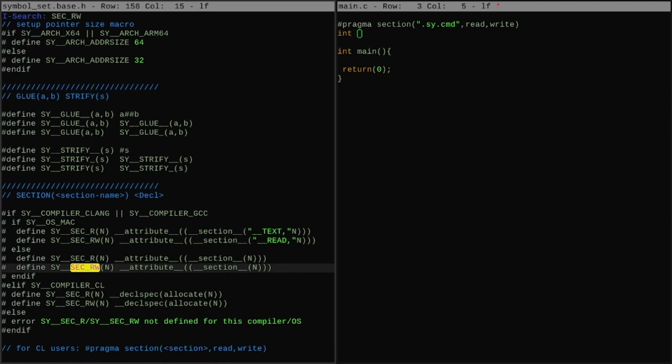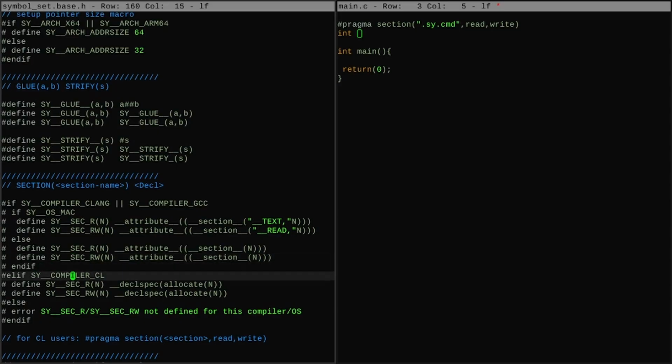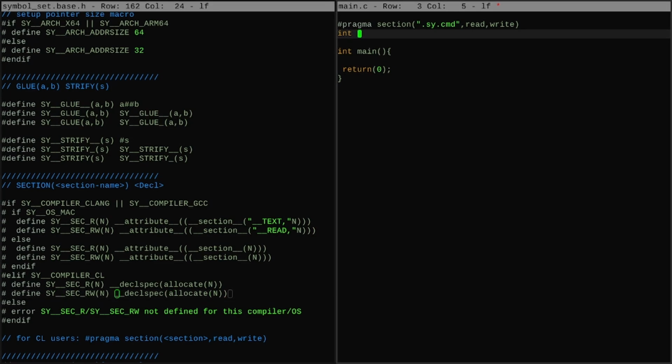Section read write. So it's like something like this, right? So if I do all that, I'm gonna throw in